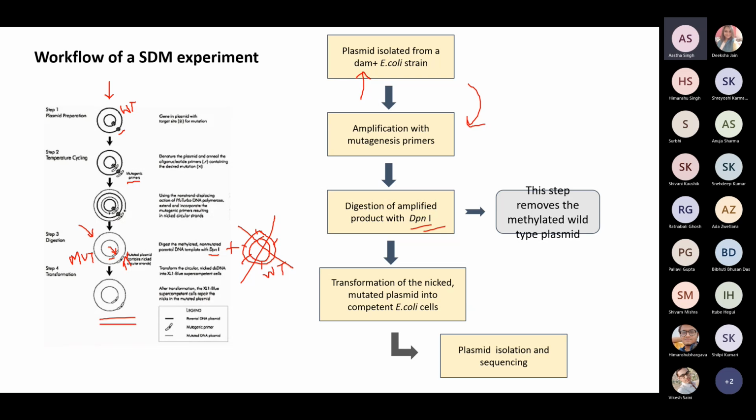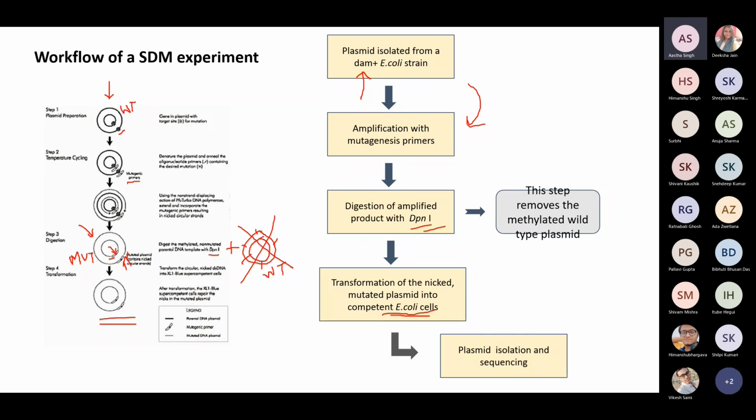After you digest your amplified product with DPN1 and heat inactivate the DPN1, what you need to do is transform this nicked mutated plasmid into competent E. coli cells. In the E. coli cells, the cells will heal this nick here, and they'll form a complete supercoiled plasmid. Since the nicked circular plasmid is introduced in the transformation process, the number of colonies might be less, but the colonies that you get, provided that the DPN1 digestion has taken place efficiently and has eradicated all the